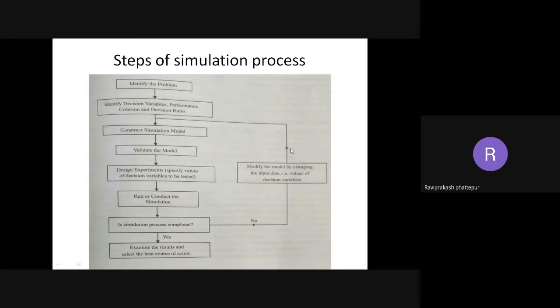Then, steps of the simulation process. There are different steps in the simulation process, like identifying the problem. Like I told you, demonetization. It was a kind of problem which was identified. Next step is to identify decision variables. So which are the variables? Performance criteria and the decision rules. Like for example,